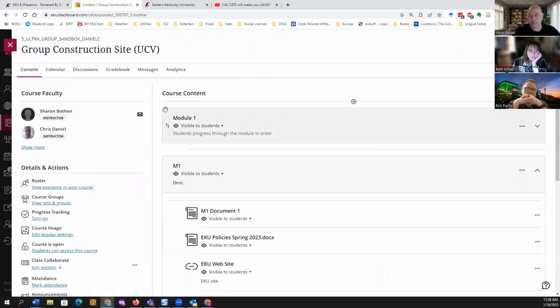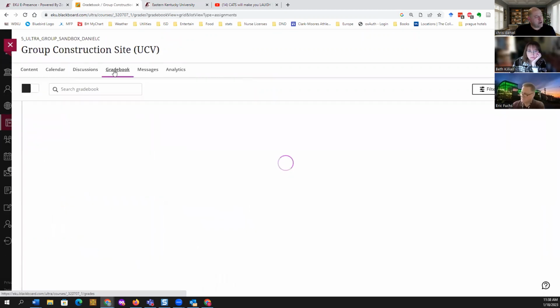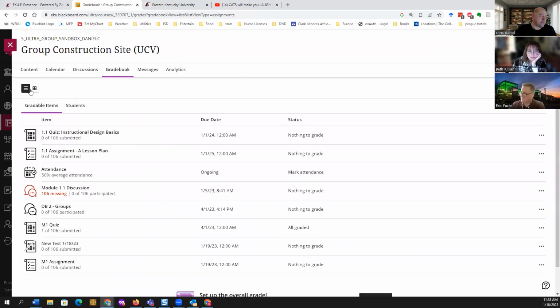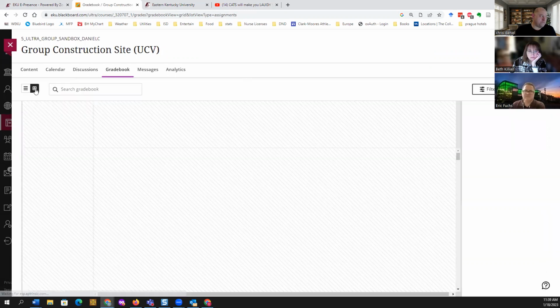Let me show the grade book because there are a couple of key differences between what happens in the original grade book, grade center, and the new ultra grade book. When I first come into the grade book, I have the ability to switch between this list view and grid view.